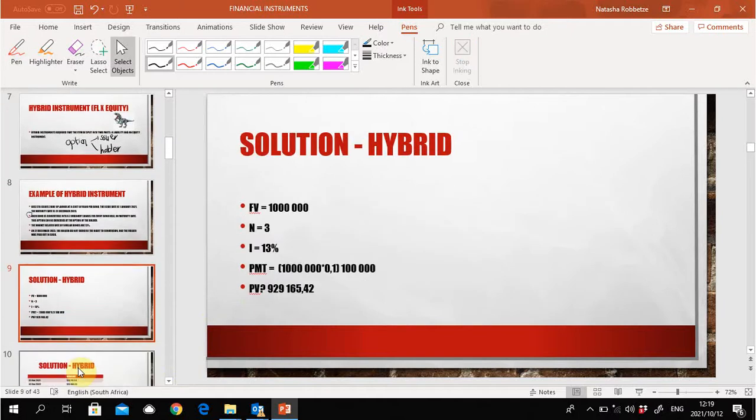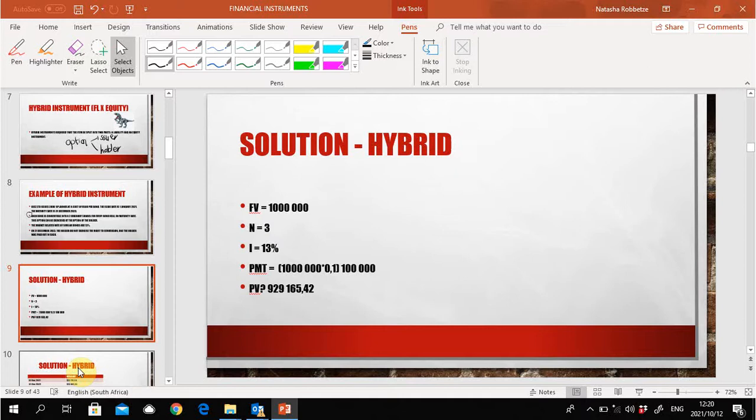But first, calculations need to be done. So what is important here is to remember that if we do IFRS 9, it's very important for you to firstly have a financial calculator, and secondly, you need to know how to operate it. It's quite important that you know how your financial calculator works.